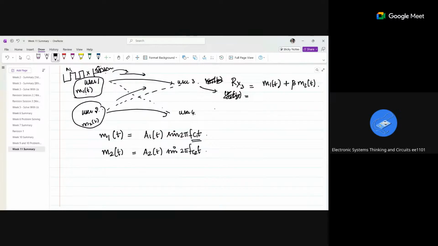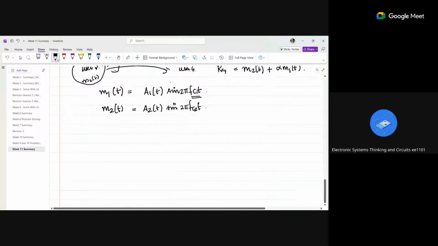Whereas Rx4, the receiver used by user 4, will have m2 of t plus alpha times m1 of t. Till now it is clear, right? So we saw what is happening in the transmitter region. There is data, it is overlapped with the carrier frequency, then it is transmitted. Then on the receiver side,